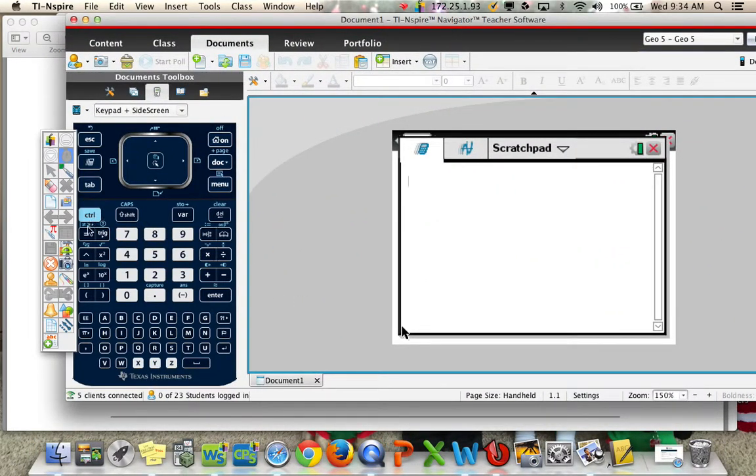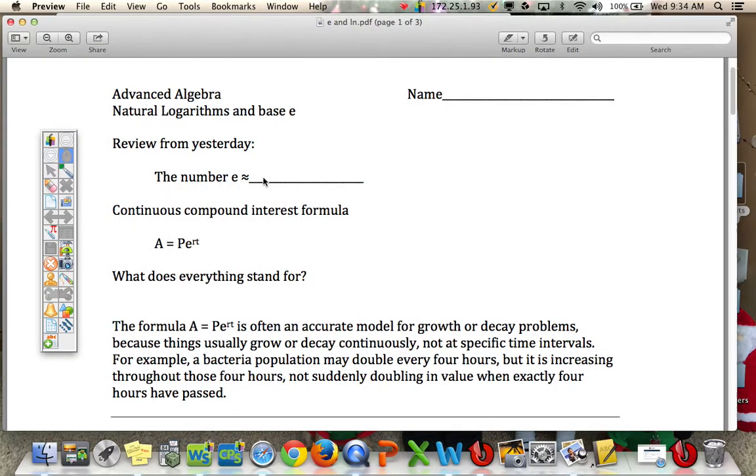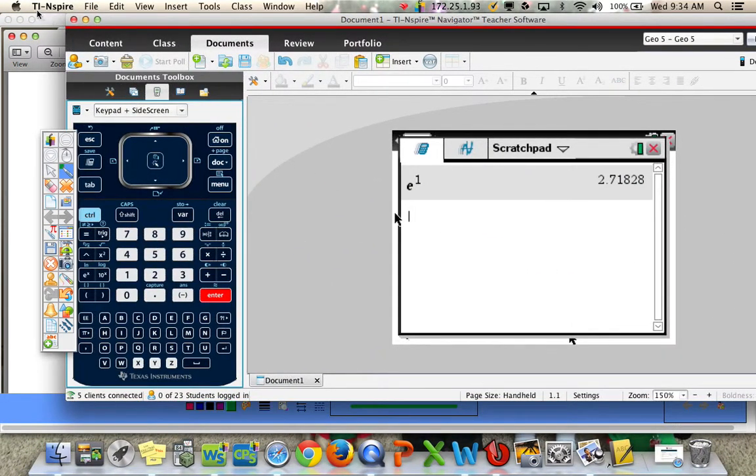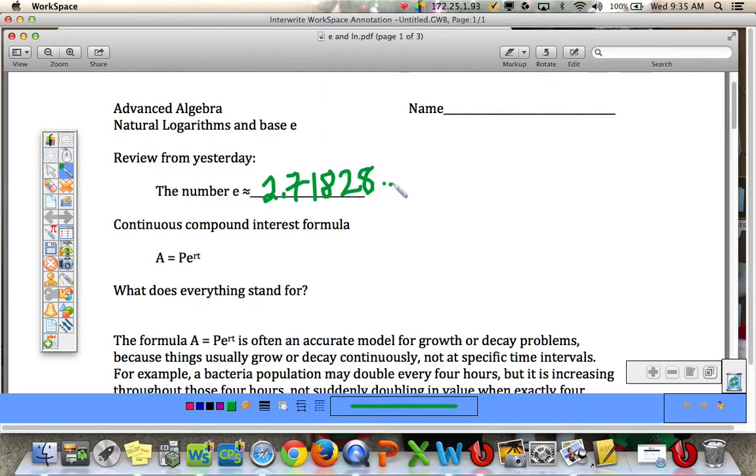And here's what it looks like in your calculator. It's programmed in. Let's do e to the first power, which is about 2.71828. It goes on. So let's write this down. 2.71828. Okay, so yesterday we looked at problems where something is being continuously compounded, and there's this formula that we used,